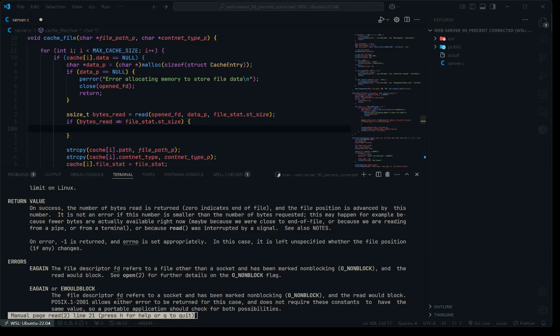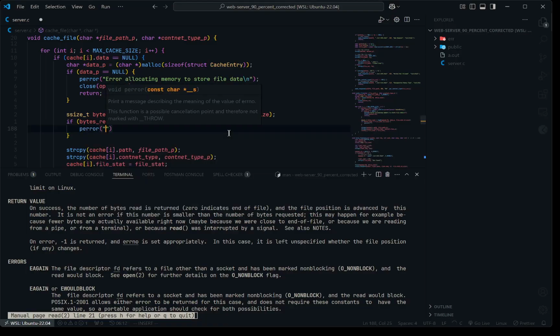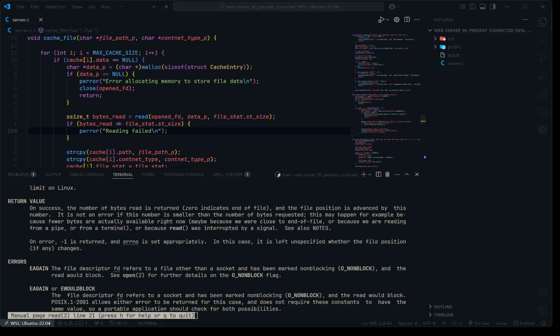So what we are going to do is print out an error message. Let's call it reading failed. And then because we didn't write anything, we don't have to do much, but it's always a good practice to